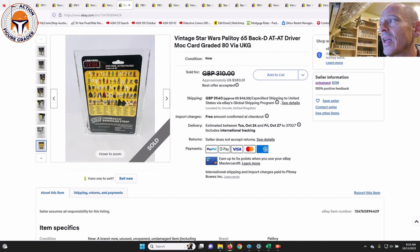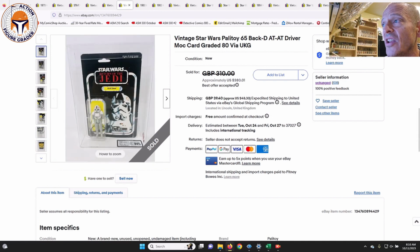If you bought this, I thought that was a good deal because obviously we've got to pay the global shipping program. It did sell in a make an offer situation for 275 pounds, which is 338 US dollars. So even if you had bought it in the US, you're still talking 390 bucks for a UKG 80%. Beautiful example, AT-AT driver. I thought that's worth every penny,